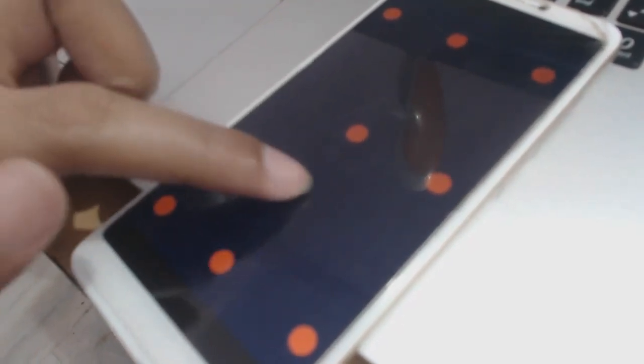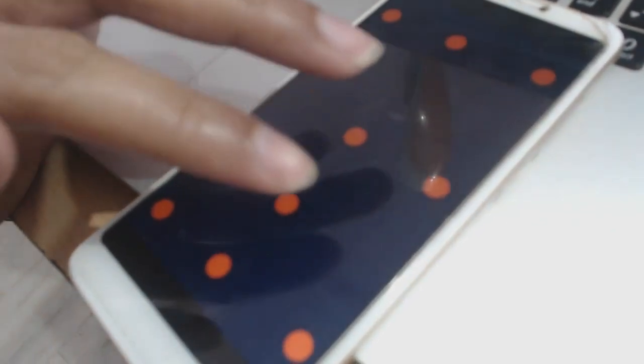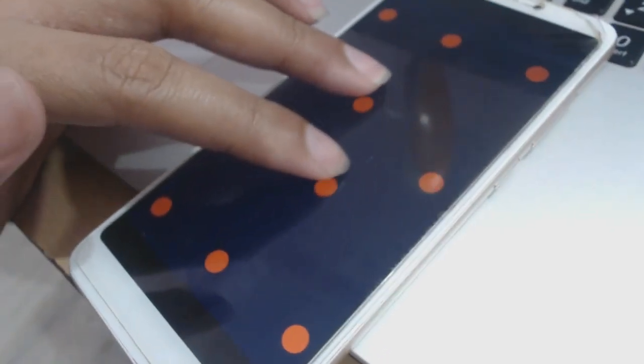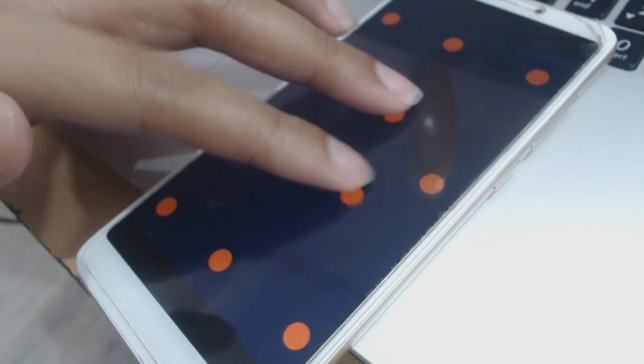As you can see, I have this game running on my phone. Now I will touch with one finger like this. You can see that I can drag this ball, but now I will touch with two fingers. You can see that I can drag with two fingers, right?